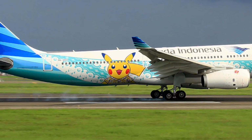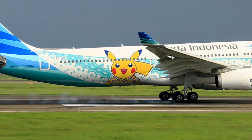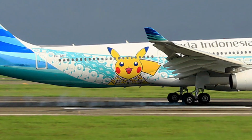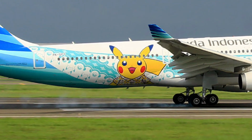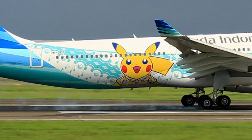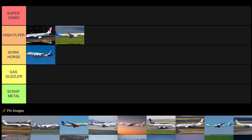Actually, even though I've given Pikachu liveries a bit of a slating historically, this one is less offensive, and actually I quite like it. It's just less busy than a lot of Pikachu and a lot of Pokemon related schemes. It doesn't bother me anywhere near as much, and I quite like the background aspect of the scheme, which looks like it's got a lot of Pokeballs, and yeah, I quite like it. I think this one will be quite good. I'm going to put this one up in high flyer as well, which is unusual for a Pokemon scheme, but this